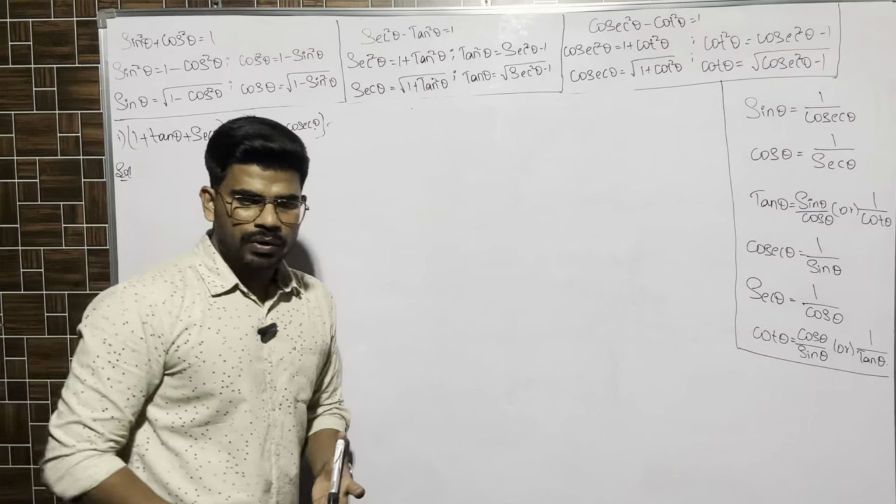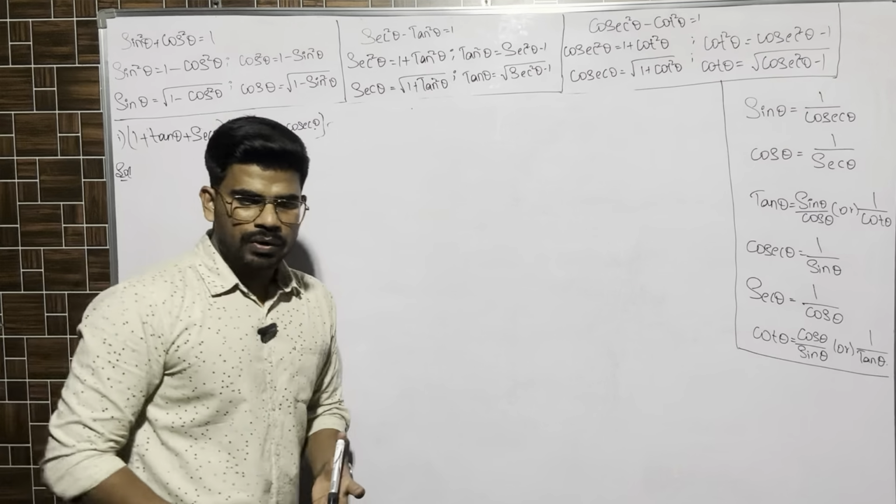Denominator: cos theta into sin theta, sin theta cos theta. Right. Cos theta plus sin theta whole square, A plus B whole square. Do not confuse. Cos theta plus sin theta whole square is different. Sin square plus cos square is different. Do not write 1 over here. This is sin square theta. A square plus B square means cos square theta.